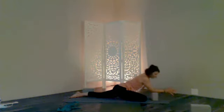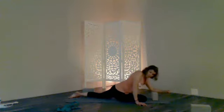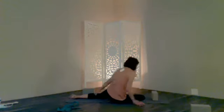Place it underneath the arms, settling into this shape. Giving yourself a couple rounds of breath here. I'm not going to stay here too long, but giving just a little bit of opportunity to open those hips. Knowing that if this shape doesn't work, we can always sit a little bit more towards this right side, roll out of that big shape, pull your left leg in a little closer to you,